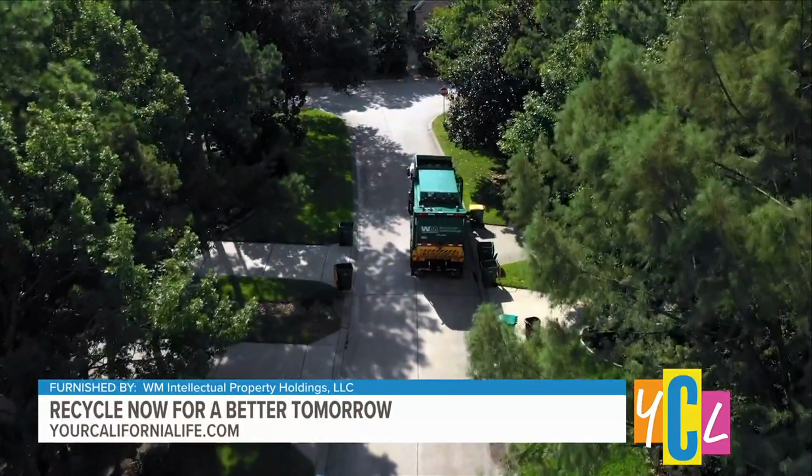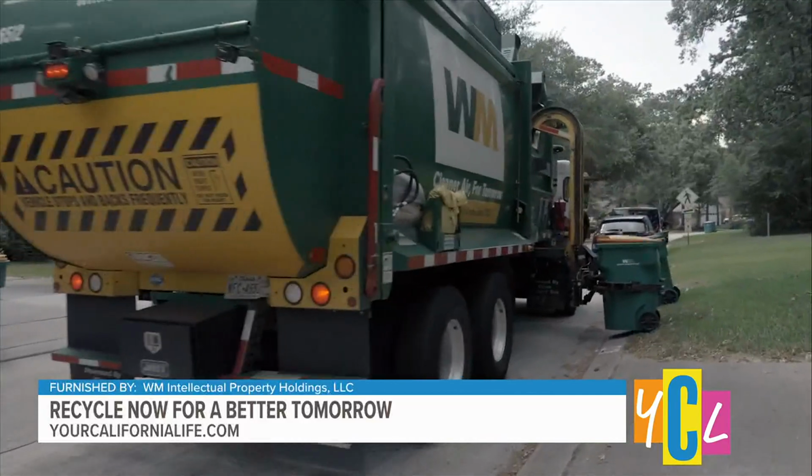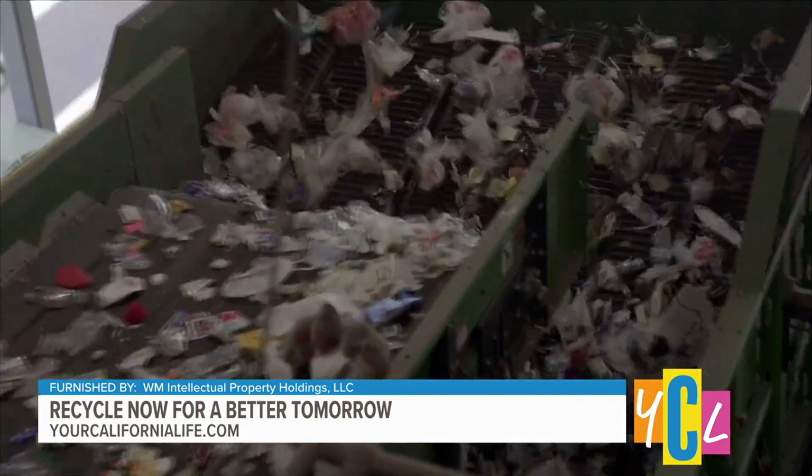And recycling gives materials a second chance at life. Can you tell us about some of the innovative and useful products that are now being created from recycled materials, showcasing how recycling benefits our environment and economy? Yeah, so there's the traditional stuff you put in the bin, whether it's a cardboard box, typically gets turned back into a new box. An aluminum can, for example, within about 60 days, this can be a new aluminum can back on your shelf. When it comes to plastics, while it can be back into a plastic bottle or a